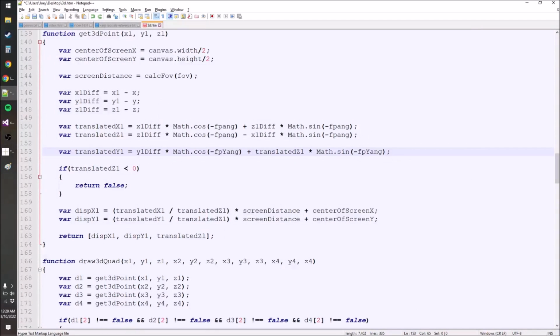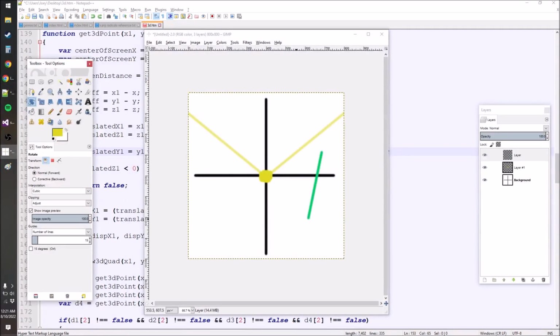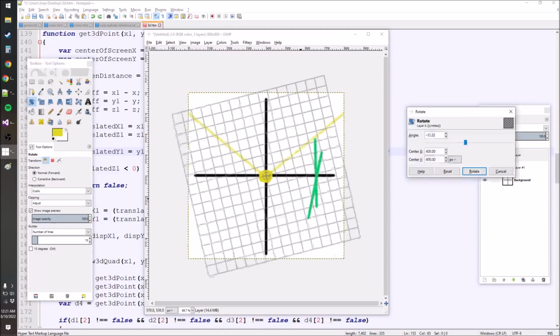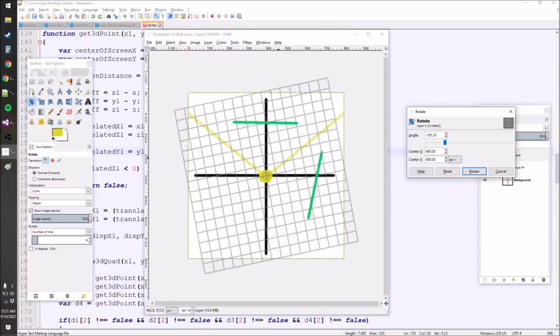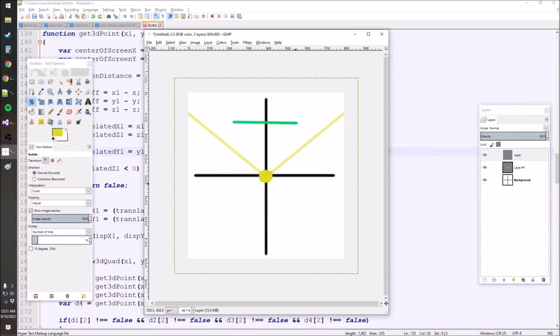Thought about it some more, and I just realized that let's assume that this is a top-down view. And I'm going to go over what I was doing before to get just the y-axis 3D, you know, turning left and right. So the yellow guy is our view. The green thing is our pillar or line, whatever. This is all from the top down. And so let's imagine that we rotate this. This is kind of what we're doing, we're rotating it into the view, right? We're rotating it with the angle into the view, and then